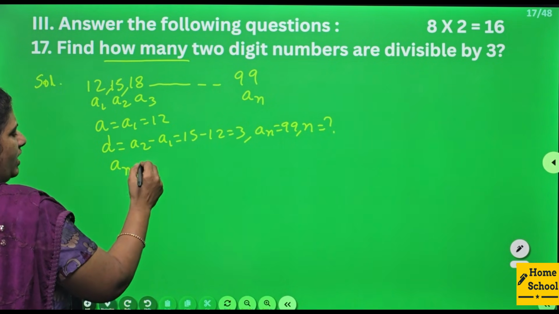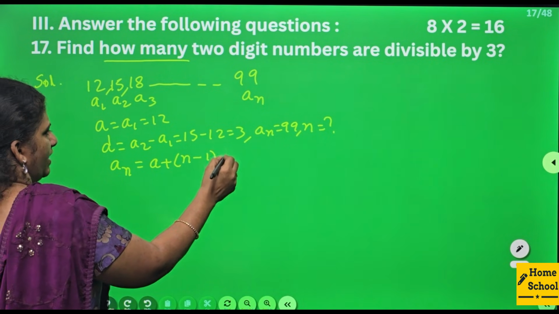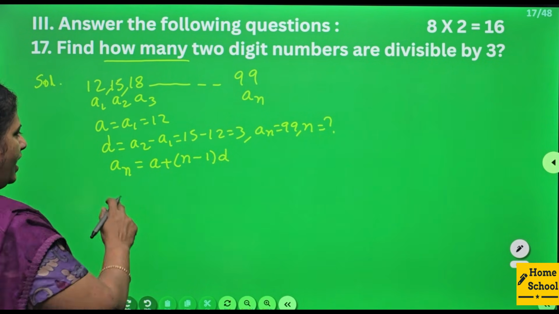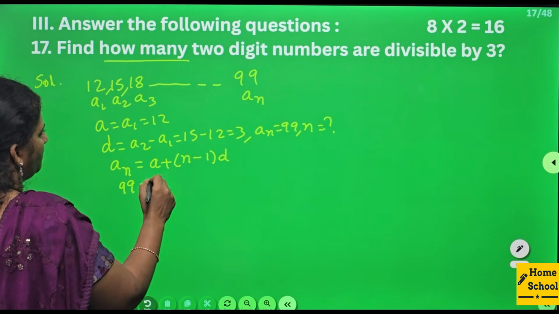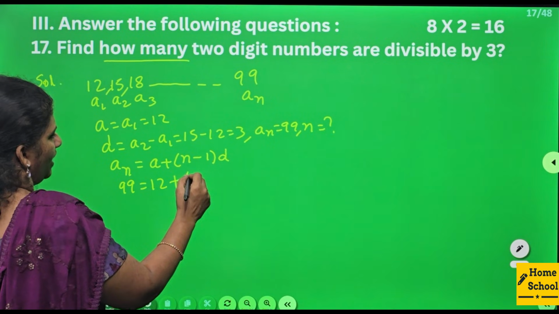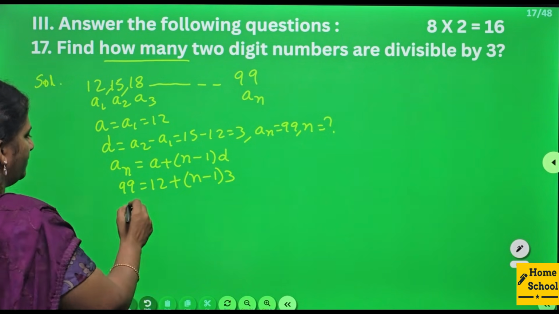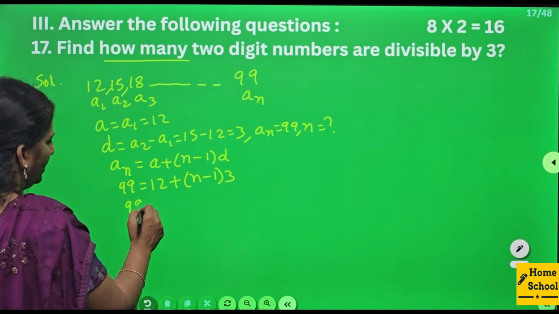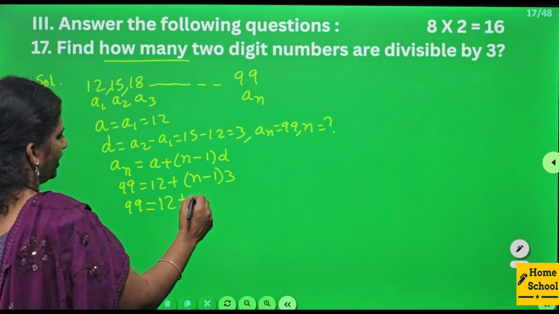The formula is AN is equal to A plus N minus 1 into D. AN value we know, that is 99. A value is 12. N value we don't know. D value is 3. 99 is equal to 12 plus 3 into N